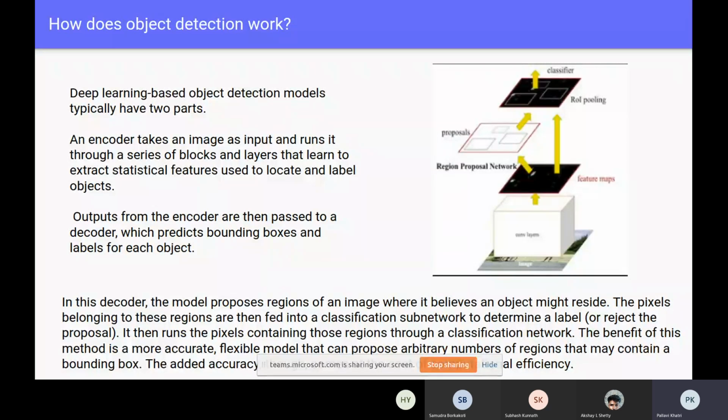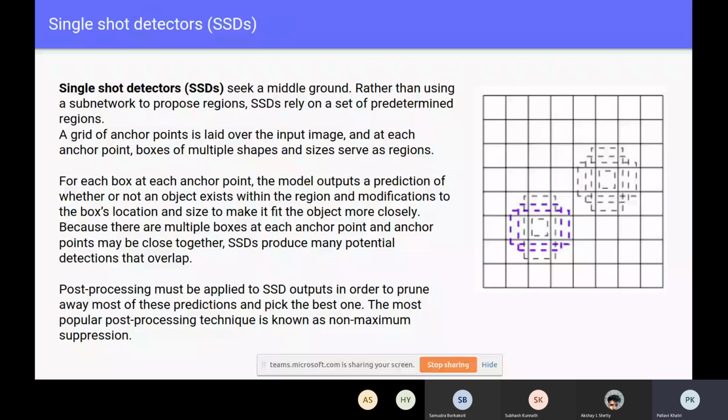They just propose a series of layers, propose a region, and then those regions are fed to the classifier. The classifier can classify the objects residing in this image, or reject the region if it doesn't find any object in it. Another similar type of deep learning model is the single shot detector.